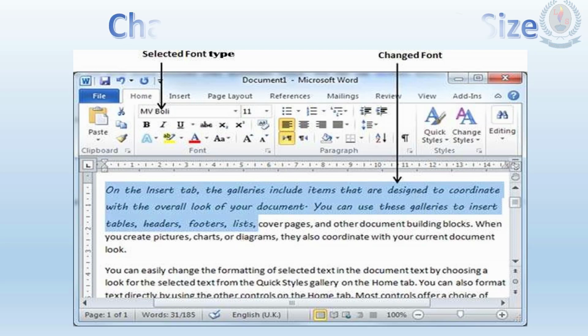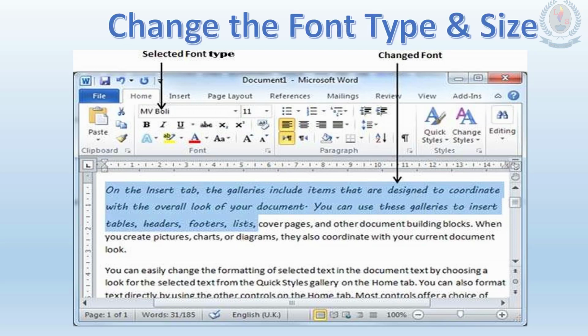And then the next formatting is changing the font type and the size. We changed the color of the font like that. We can change the font type here. You just click this drop down arrow, then you will find a lot of font types. Hope you can see the type of font is different here.